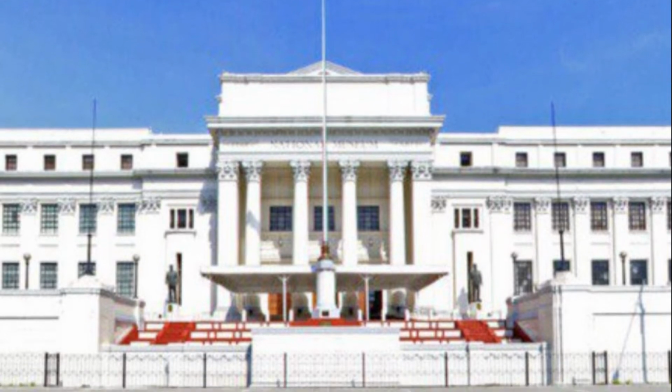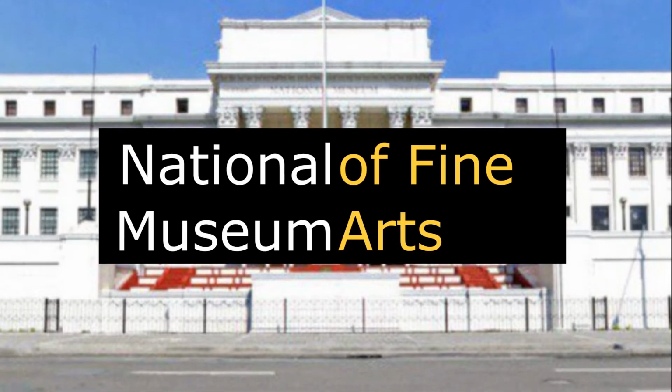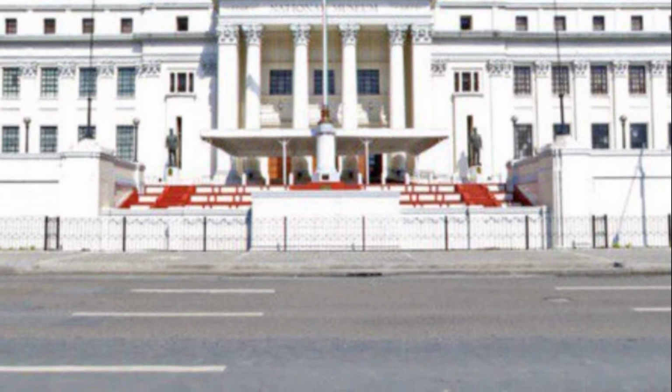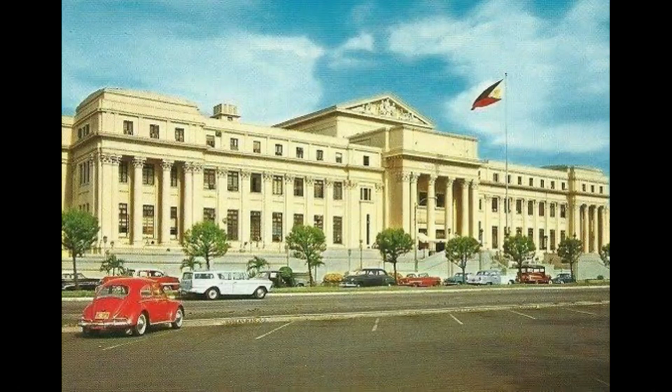Today, we are going to take a virtual tour of the National Museum of Fine Arts along Padre Burgos Street in Manila. Some of you may recognize that as the Congress building from the 1950s to the 1970s, and that is correct. But did you know that this building, constructed at the start of 1918, was originally meant to be